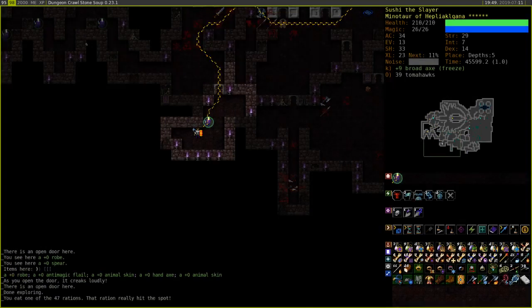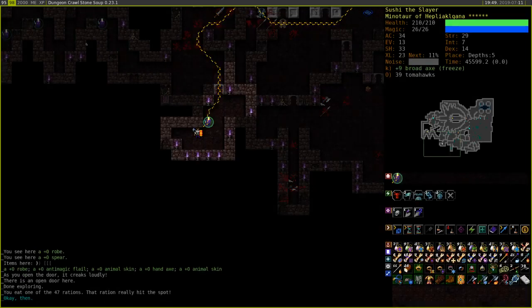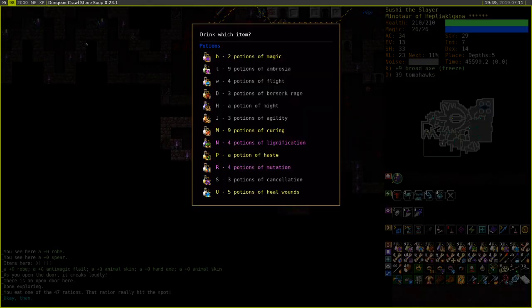Alright, let's eat one of our rations. And then, I guess we could do Vaults 5. Do we have any immolation? We do. So we can potentially do that. What do we have for... We have Berserk Rage. We have a single haste. We have